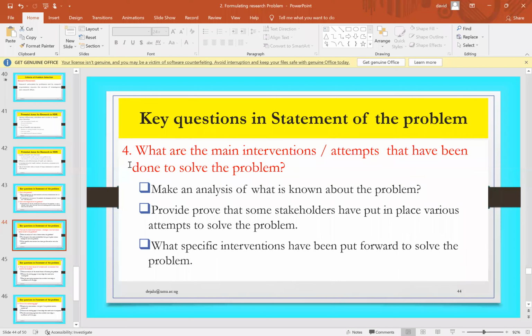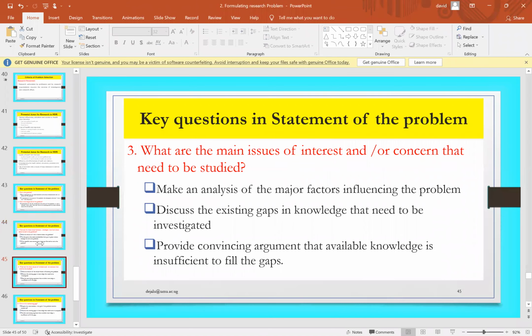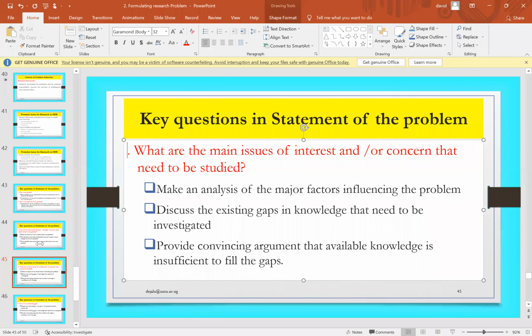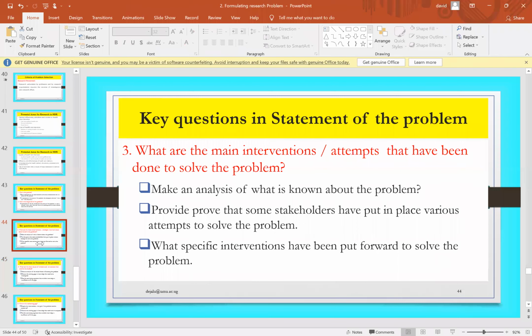So whenever there's a problem, it is not only you who knows that there's a problem. The Minister of Health is aware, government is aware, local government is aware, the local leaders are aware, NGOs are aware about the problem, and they are trying to do something. There are always no virgin problems. They are always trying to do something to make sure that the problem is what? Is solved.